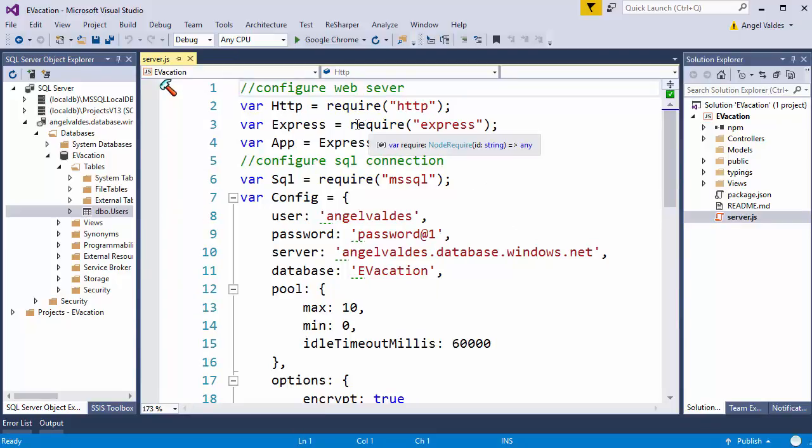So right there you can see that I configure my web server by using the HTTP module from Node.js. I also use the Express component that expands Node.js for more web related functionality. So I create my application from Express and I then configure my SQL component so I can connect to my